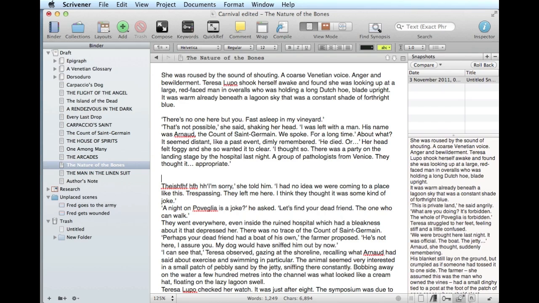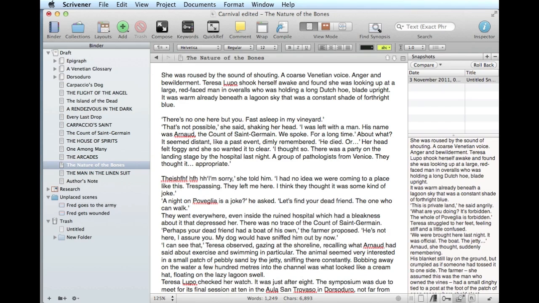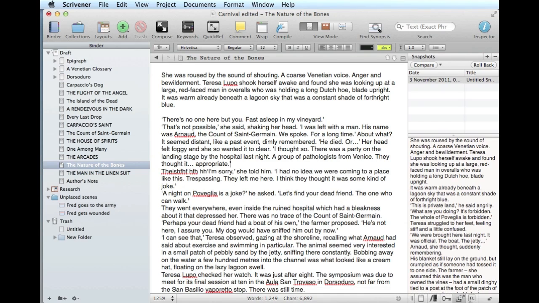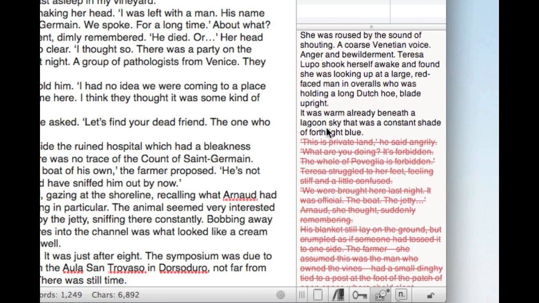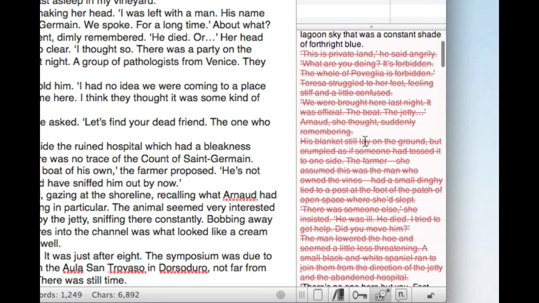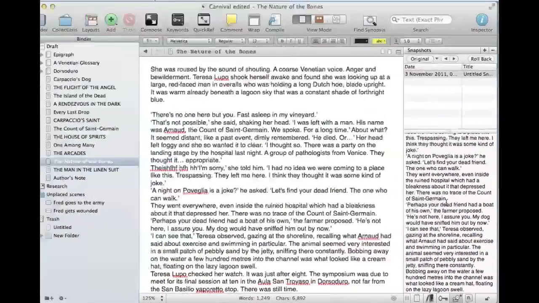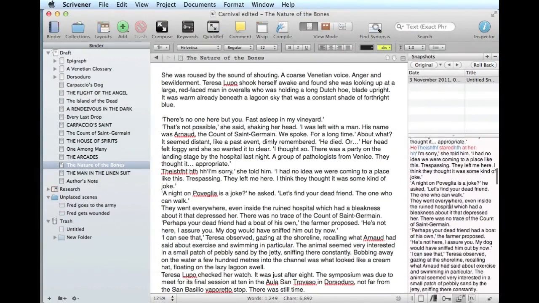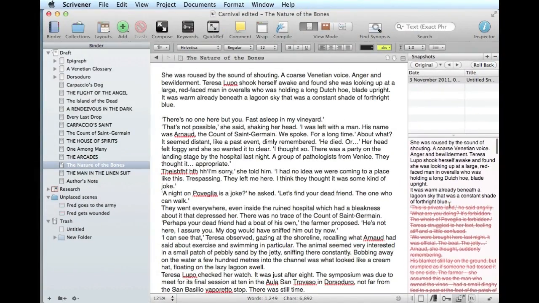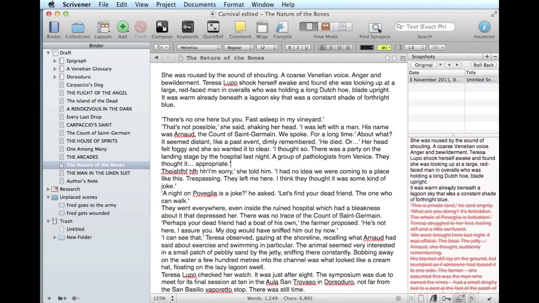Then you think, well, how does this compare with what I wrote before? Is it better, is it worse? Why don't I get back to what I had? So you could just roll it back to the original version there, but look, we can compare. And if we do that, it will show us in the sidebar what's changed. So you have a completely non-destructive editing system, as they say, built into Scrivener just through using that Command 5